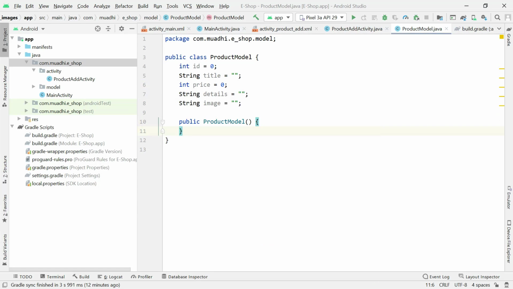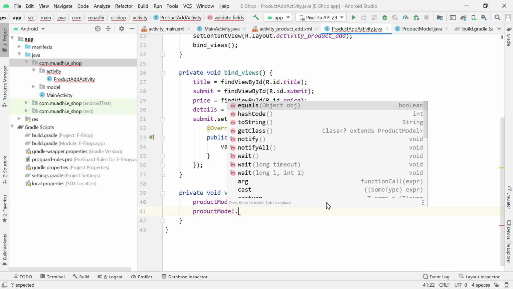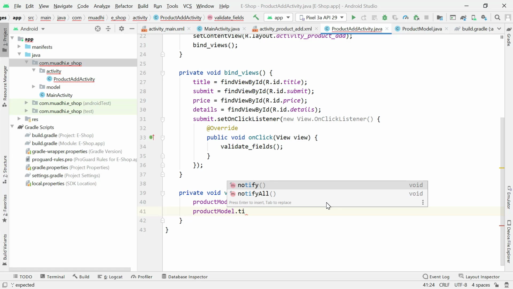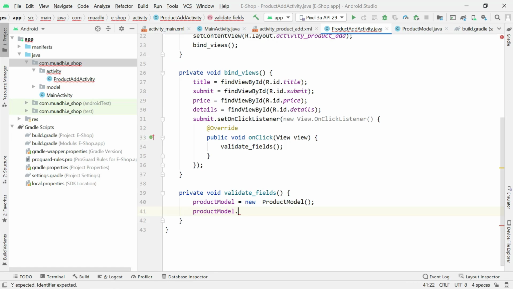Okay, so after doing that, I'm going to start now putting the values. So it will be product dot title. I did not make these ones public. You have to make them public if you want to access them outside. Let me make it public here, also public here, and public and public, so we can access them from outside. So it will be product dot